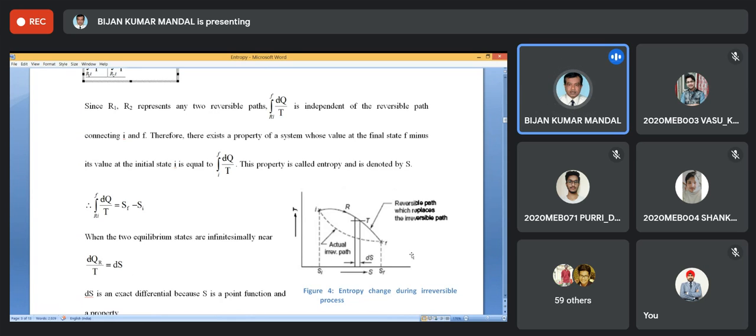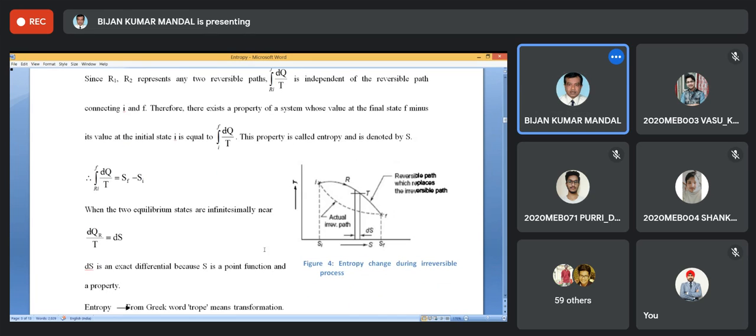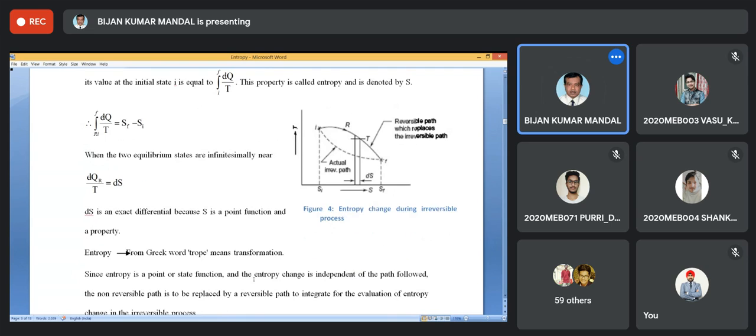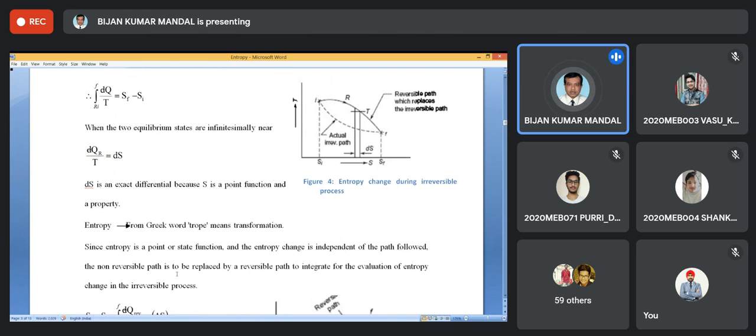We'll come to this afterwards. So dS is an exact differential because S is a point function and it is a property. The word came from the Greek word trope, meaning transformation. Since entropy is a point or state function and the entropy change is independent of the path followed, the irreversible path is to be replaced by a reversible path to indicate the evolution of entropy change in the irreversible process. So what I'm telling is that dqr by T is dS, or you can integrate that,